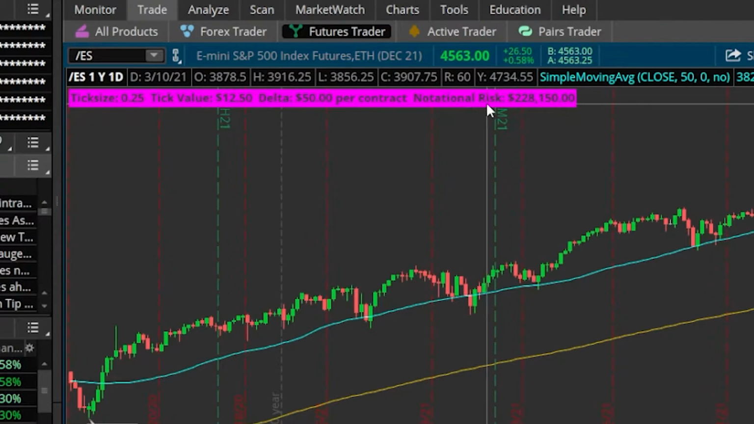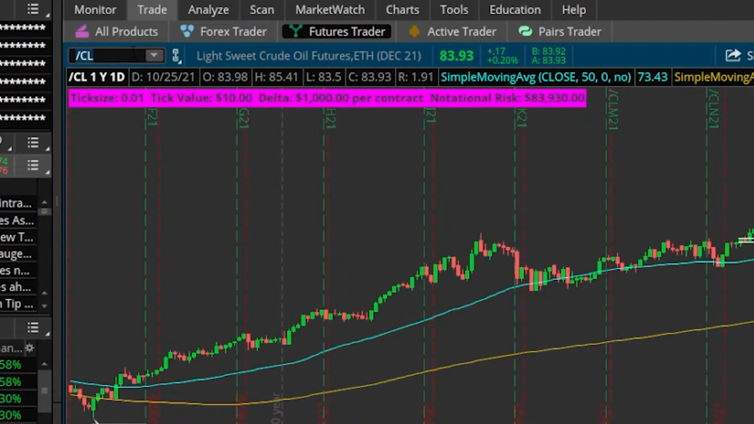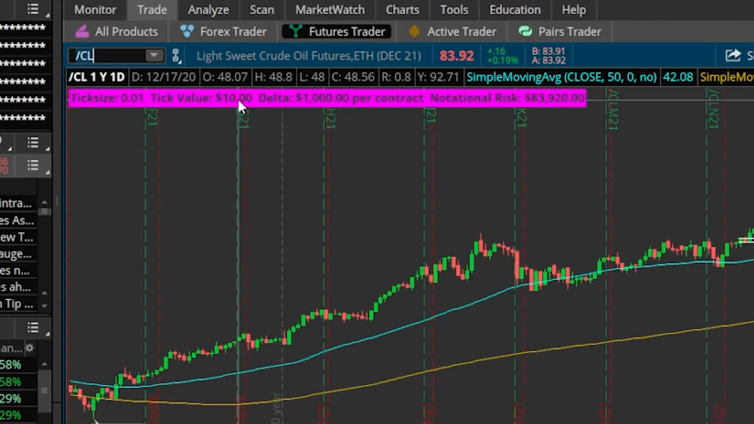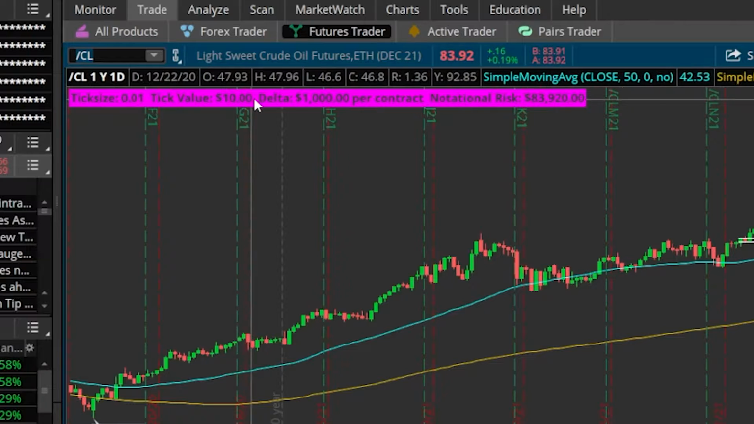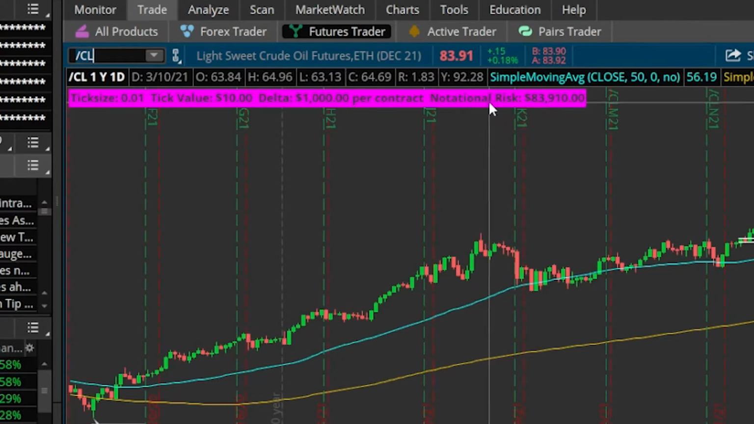And the notional risk for one contract is $228,150. Basically, that's how much of the S&P 500 I'm controlling with just one single contract. And what's cool about this label is if I were to come up here and switch it to crude oil, /CL, and hit enter, you can see it then adjust to show me the tick size for crude oil is 1 penny. Every penny is going to cost me or make me $10, which means every point, every $1 move in oil, is going to cost me or make me $1,000. And the notional risk for this contract is